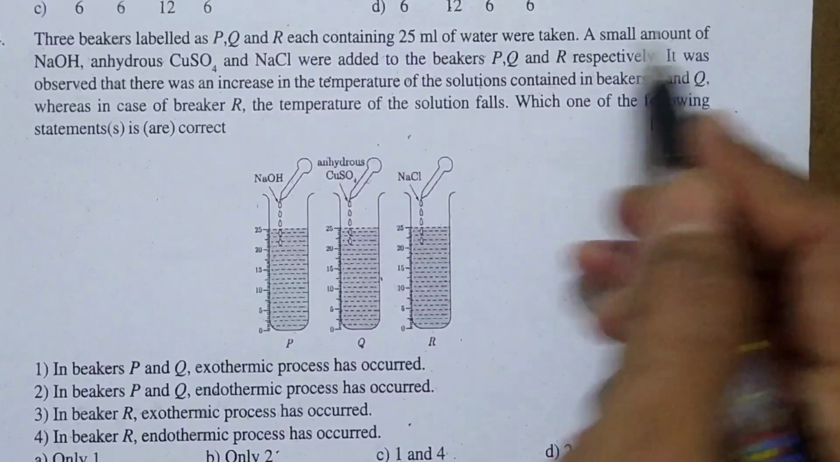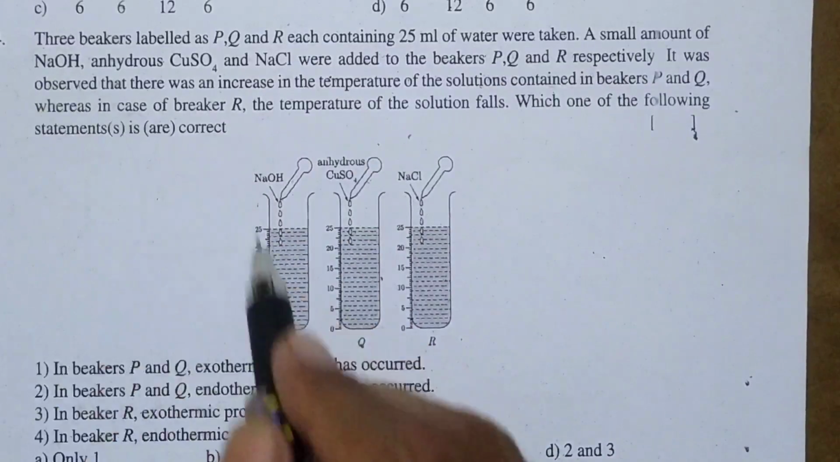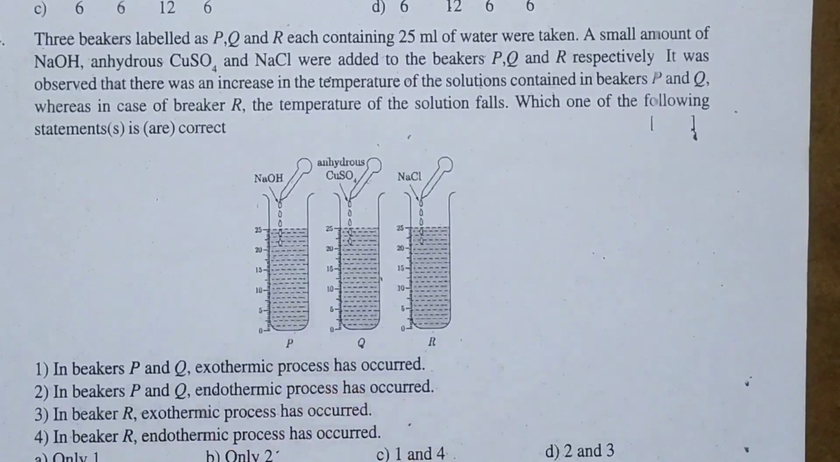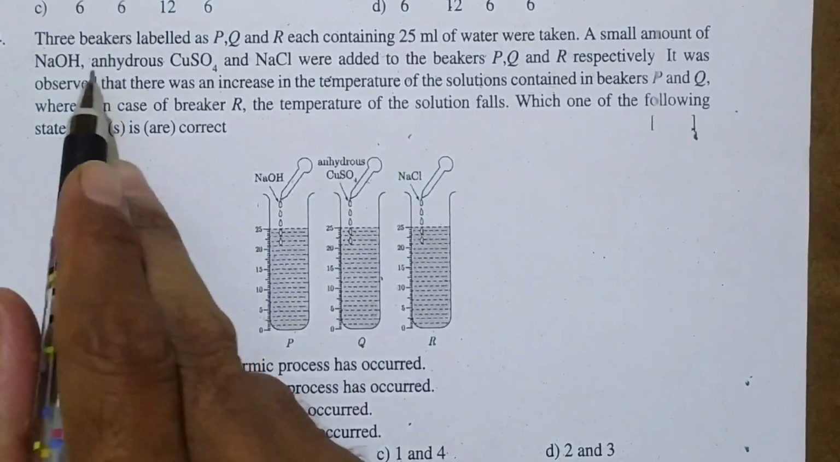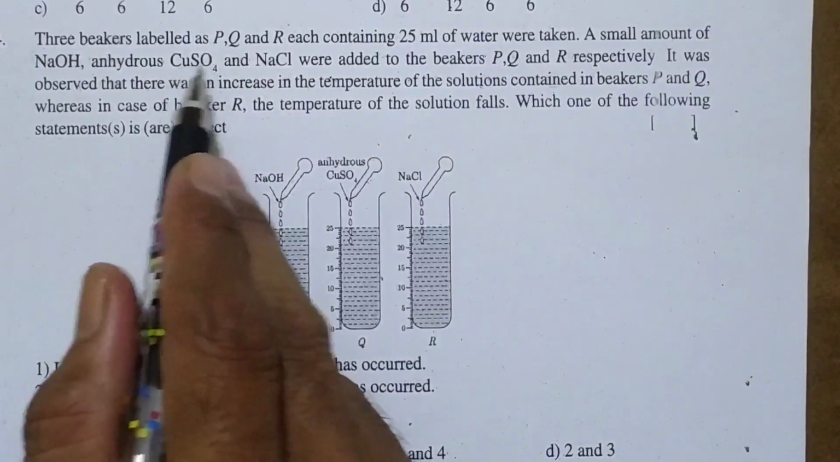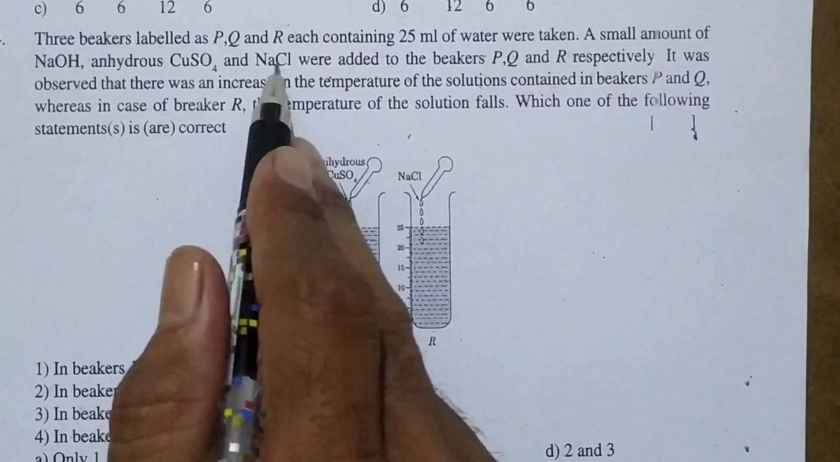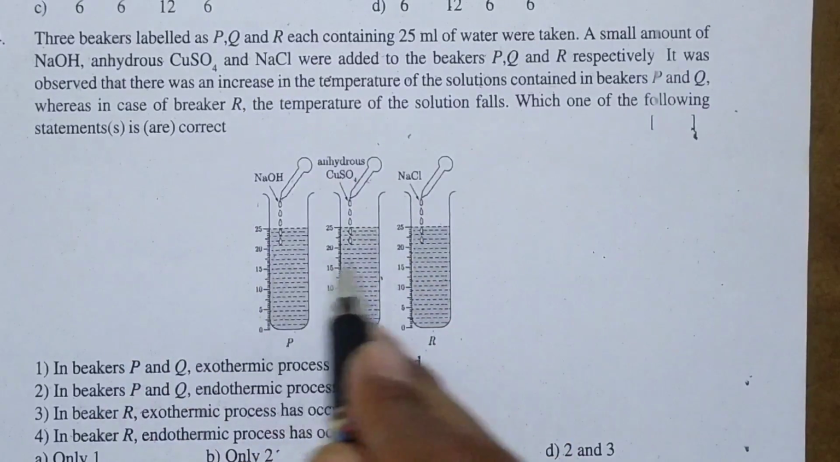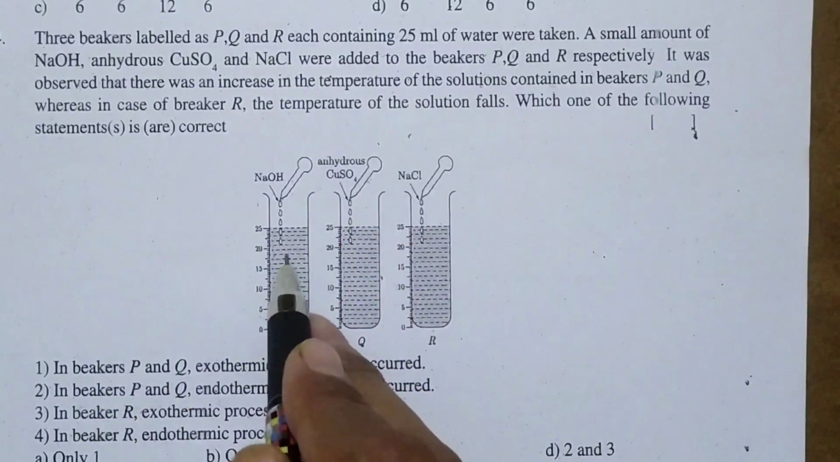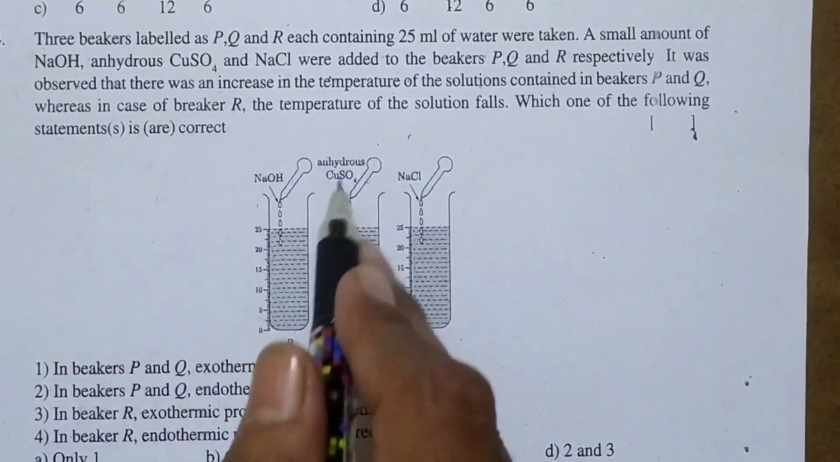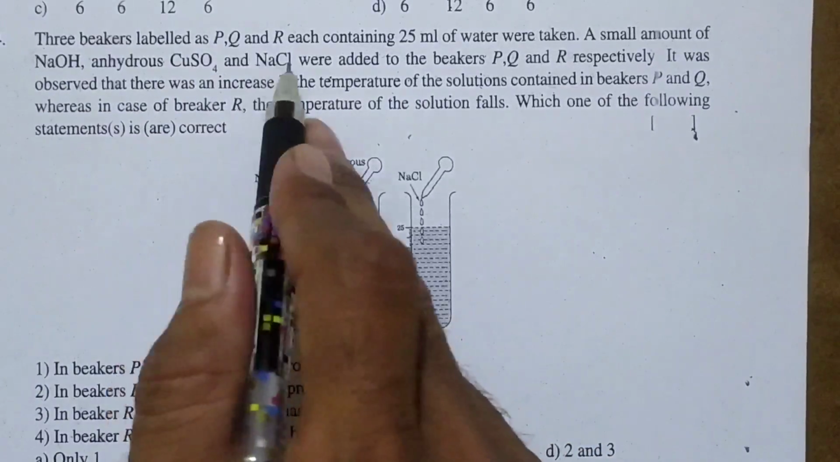A small amount of NaOH, that is sodium hydroxide, and anhydrous CuSO4, copper sulfate, and NaCl, that is common salt, sodium chloride, were added to the beakers respectively. That means NaOH is added in beaker P, CuSO4 is added in beaker Q, and NaCl is added